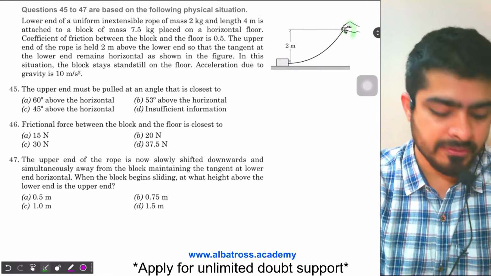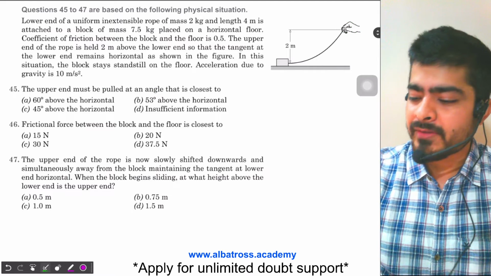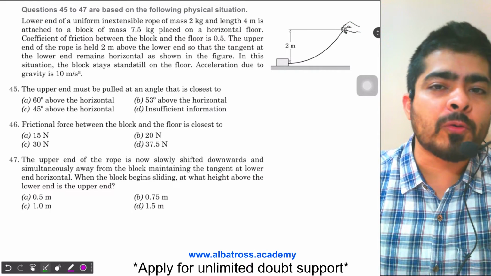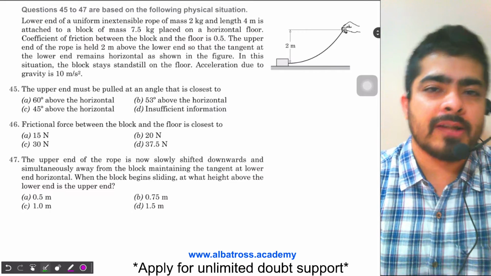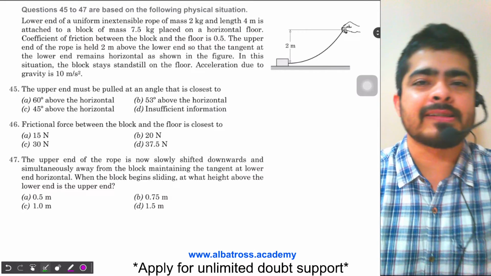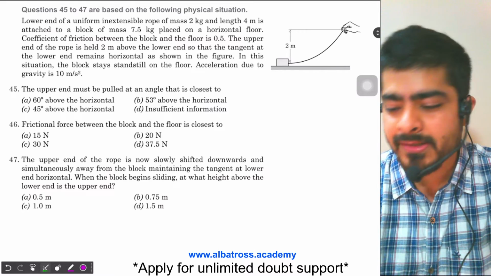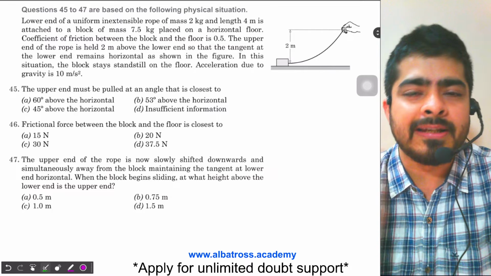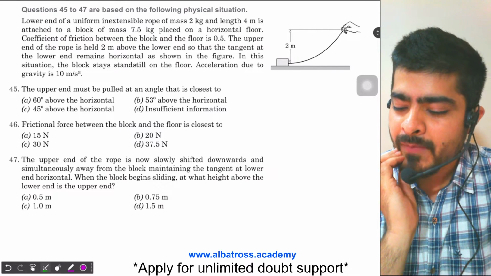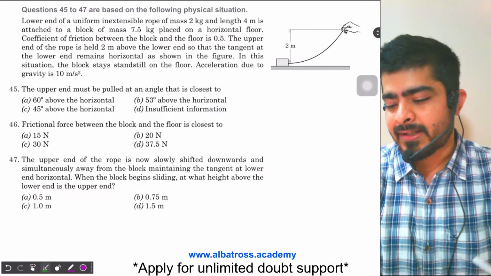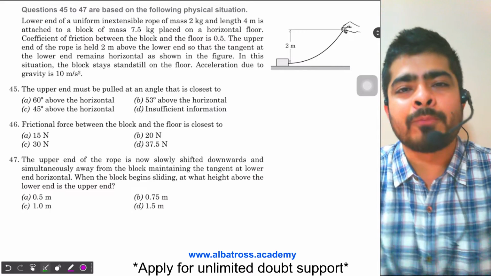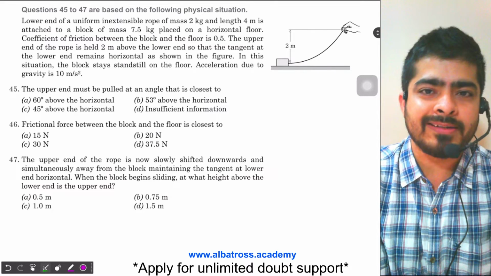So I'll be honest with you, I have spent almost 4 to 5 hours trying to solve this question. I didn't do this in a single sitting. I have tried multiple methods, several methods, and finally, in the end, I got some answer. So I'll tell you what all I attempted, and then how I approached my final method to get the answer to this.